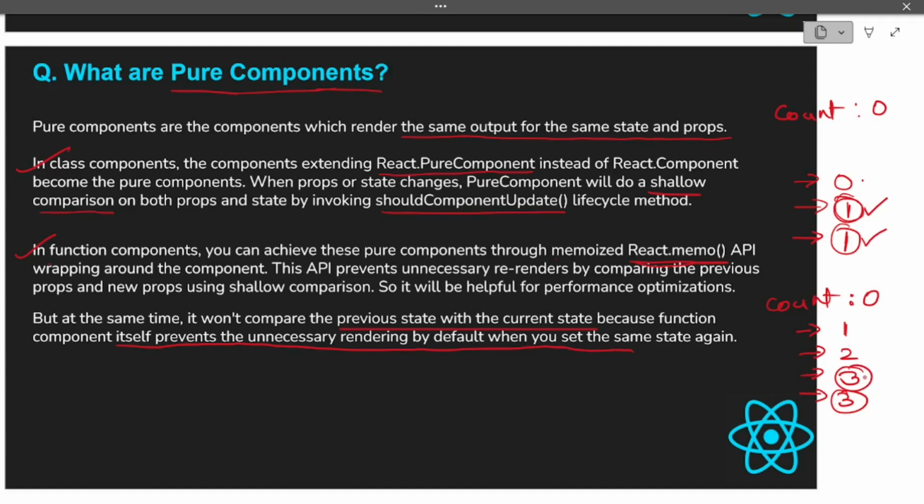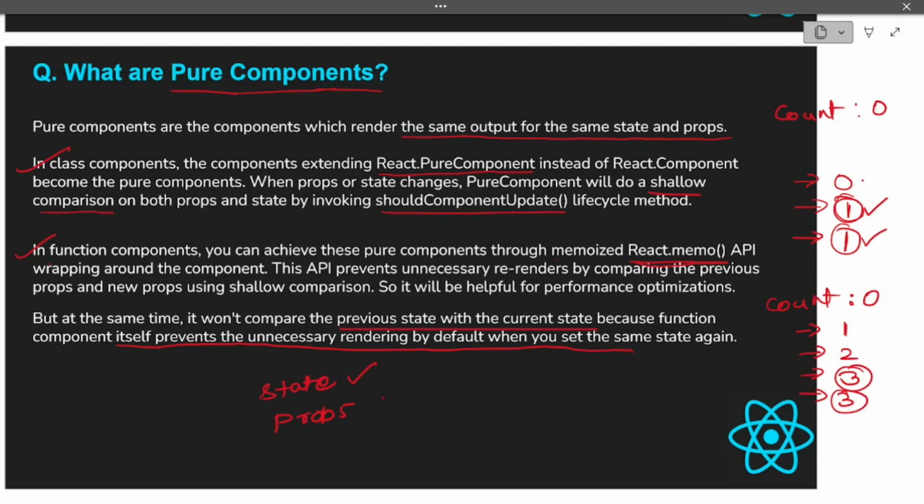Okay, so considering that state re-rendering, you don't have to say anything about pure component in that case, because functional components already by default take care of state re-rendering. So when you talk about functional components, you only have to discuss majorly your props. We have already seen that re-renders happen in two cases: whenever your state changes and whenever your props change. State re-rendering in a functional component is automatically handled by default. Whenever there is the same value in your state, the functional component will not re-render, right?